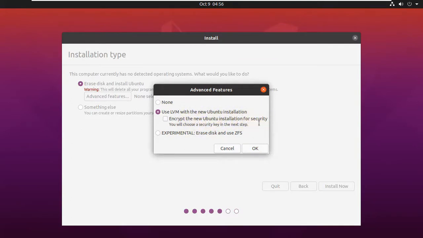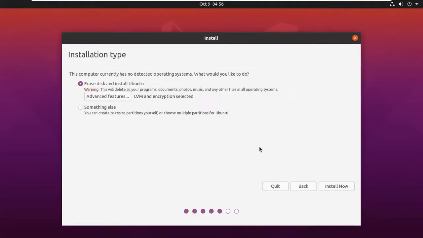You will choose a security key in the next step, and you can even use this experimental option, which will erase disk and use ZFS. So we will use this key. It will generate one key here. I am selecting this because I want to apply more security. So I'm just giving this and clicking install now.